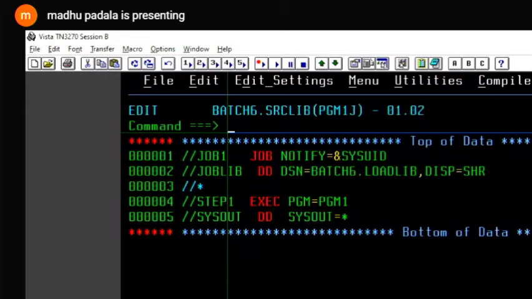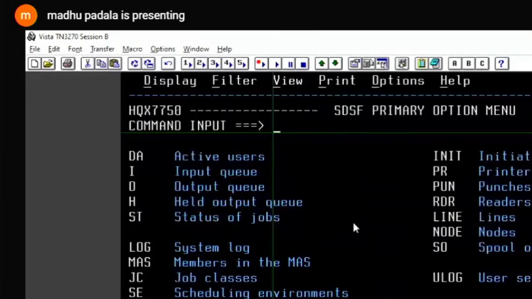So where do I see the display statements? I said print it in the spool. So I had to go to the spool. What is the option for a spool? M5. Very good. Dot M5. And you can directly give ST, status of the jobs. Let me go to the M5. This is a file, ST, status of the jobs.